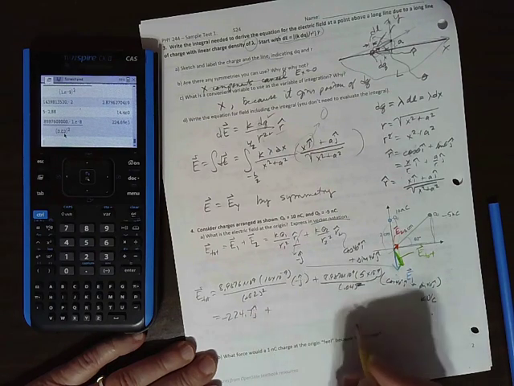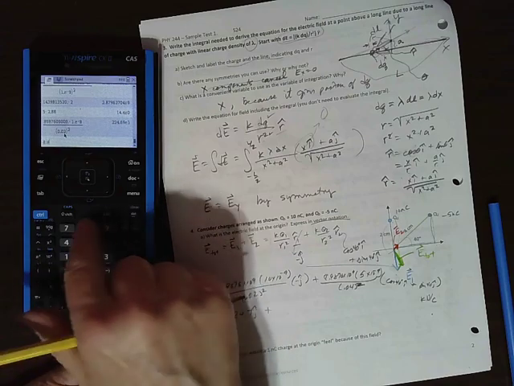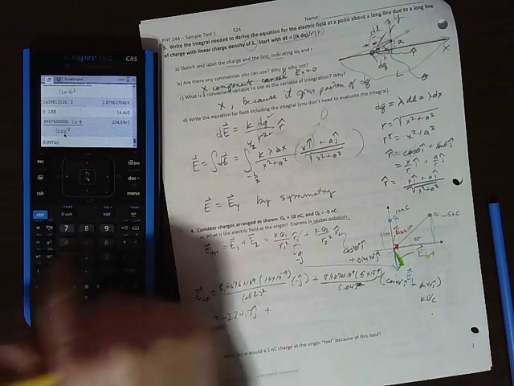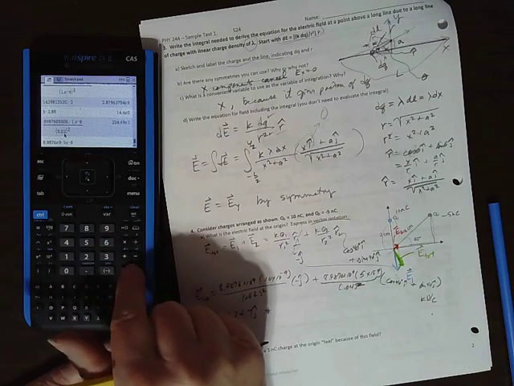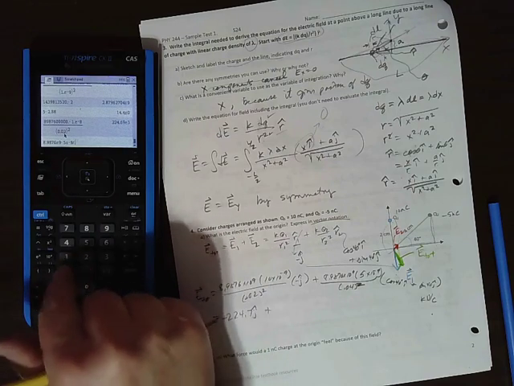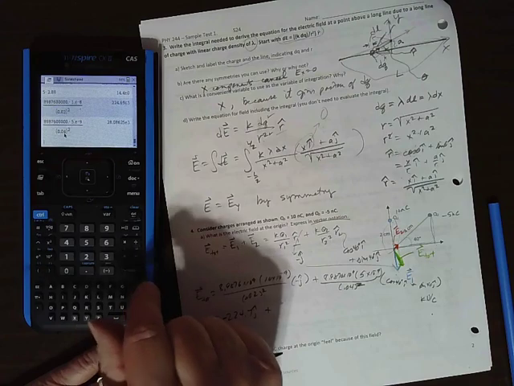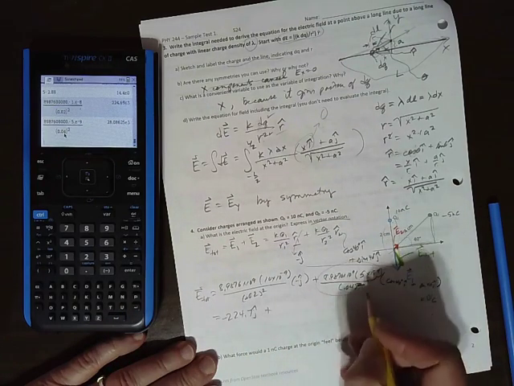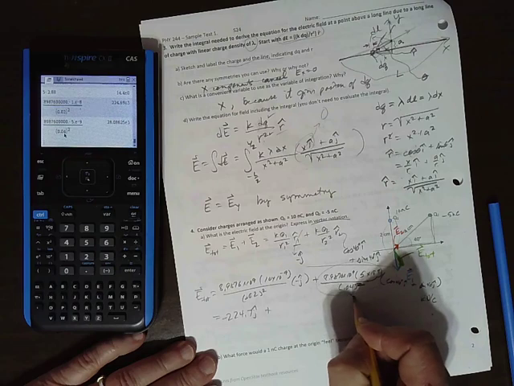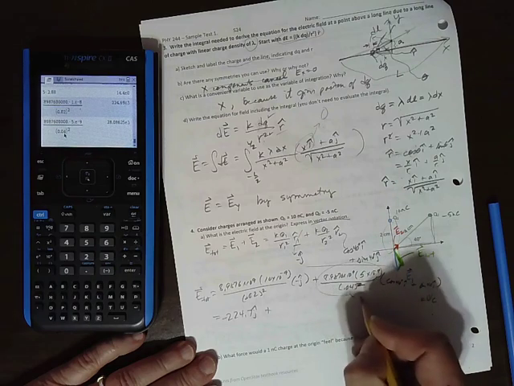So that's E1, and then this one, 8.9876 E9 times 5 E negative 9 divided by 0.04 squared. So magnitude wise, this part is 28.09